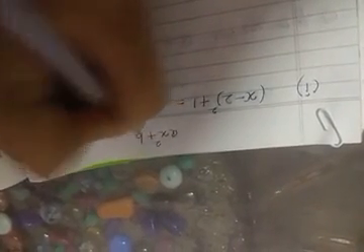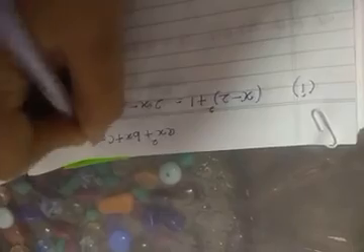Now you have to identify whether the equations are quadratic or not. Check whether this is a quadratic equation or not. To be a quadratic equation, it should be in standard form ax square plus bx plus c is equal to 0. But it is not in its standard form, so we will simplify it to get its standard form. If we get this form, then it will be a quadratic equation. Otherwise, it is not a quadratic equation.